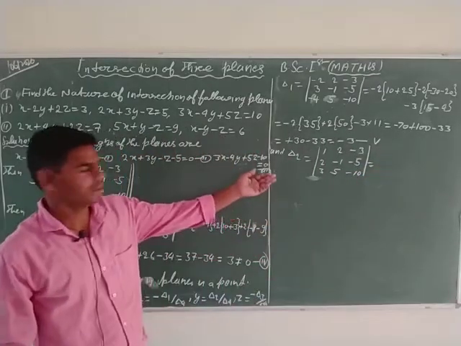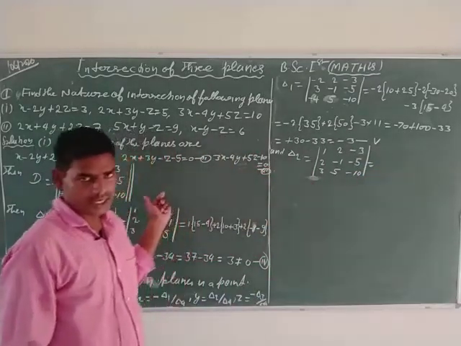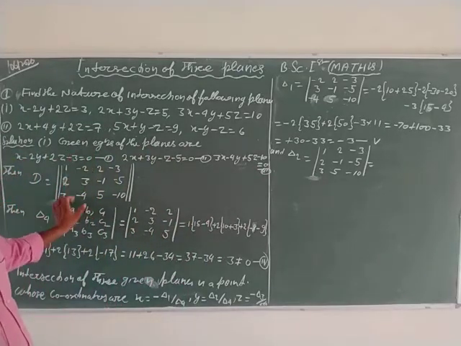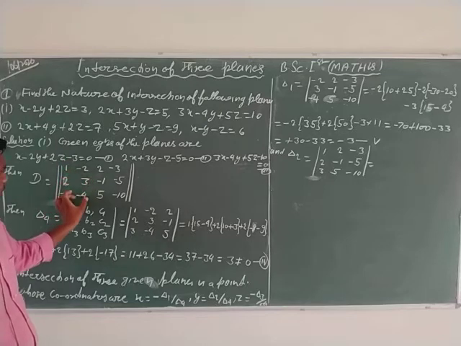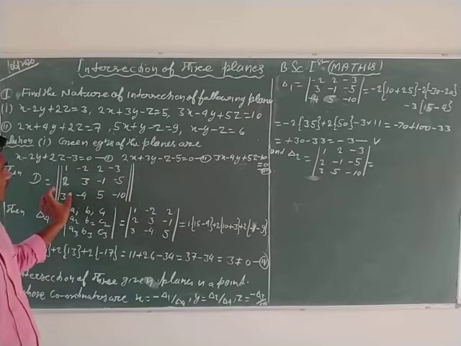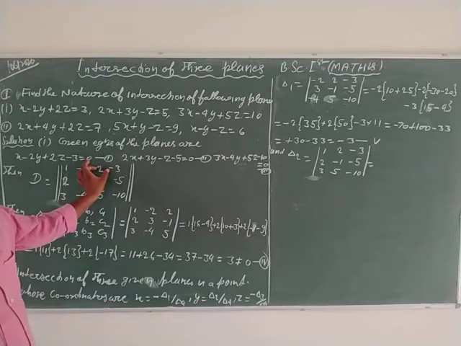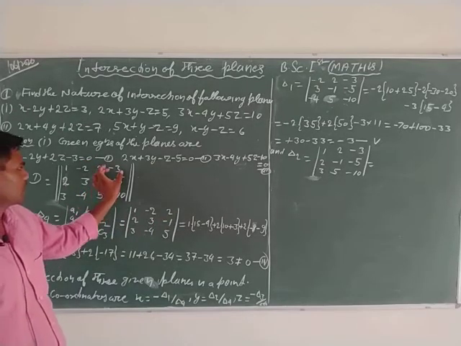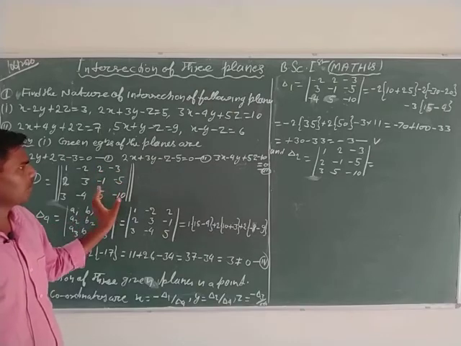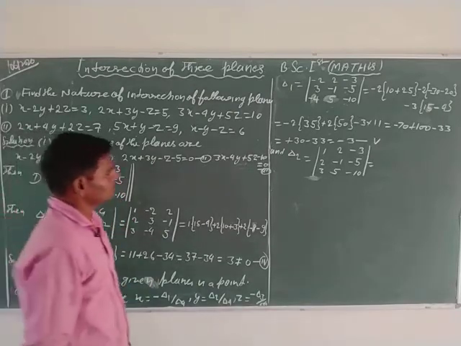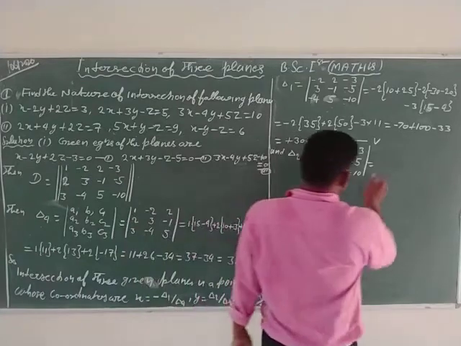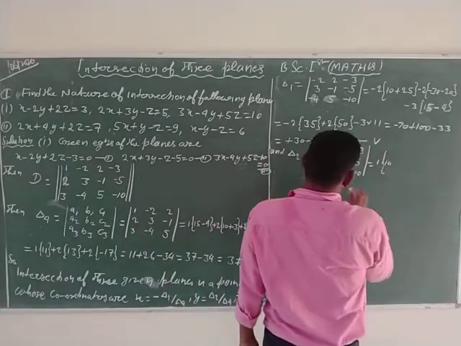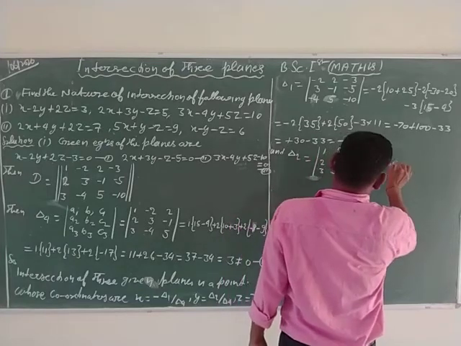Here, delta 2 is written from the capital D by eliminating the second column, which is minus 2, 3, minus 4. Write the first column the same, then the second and third columns: 2, minus 1, 5. At last, the third column: minus 3, 5, minus 10. So calculate the determinant of this, which is equal to 1, and minus plus 10 and minus plus 25.